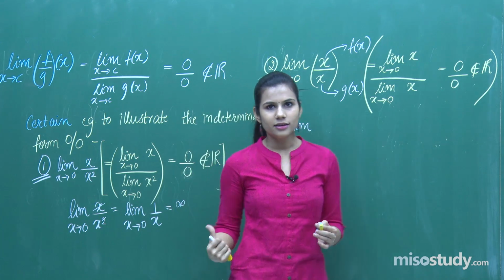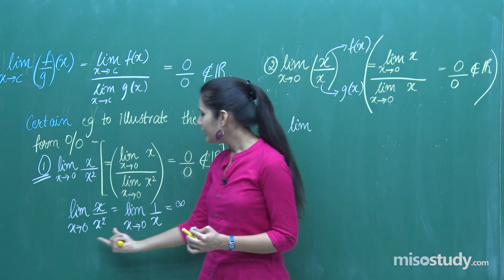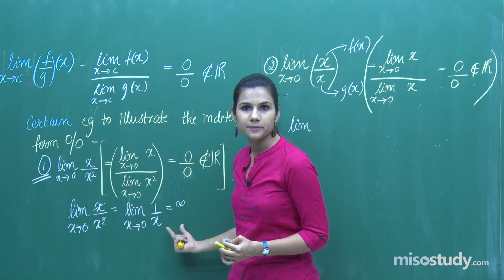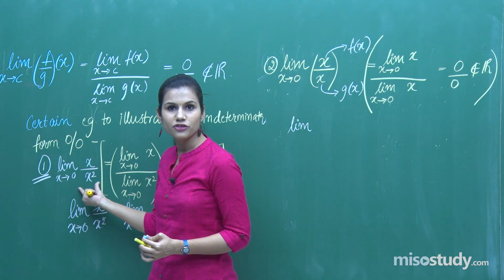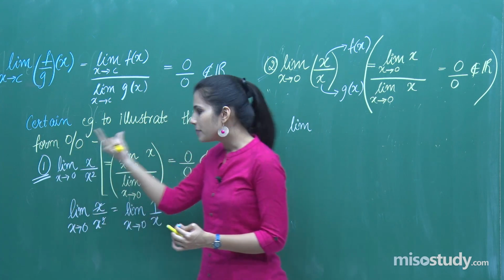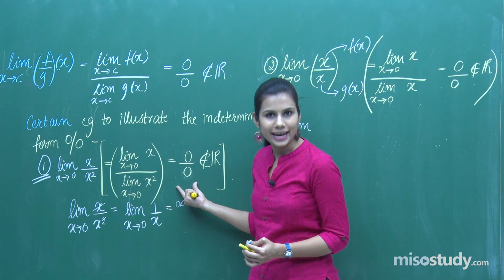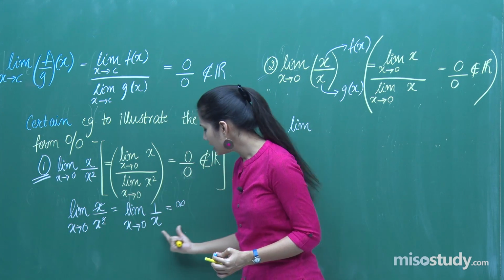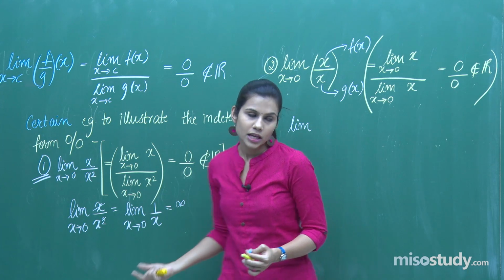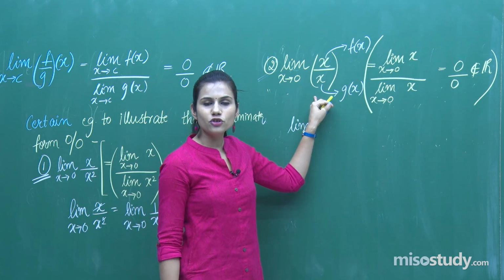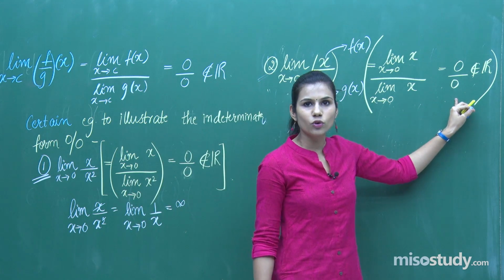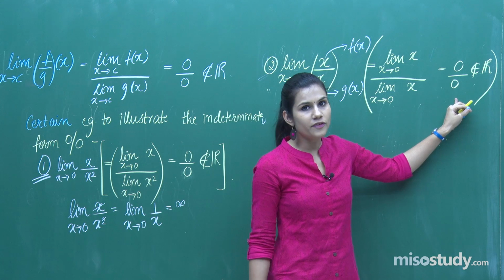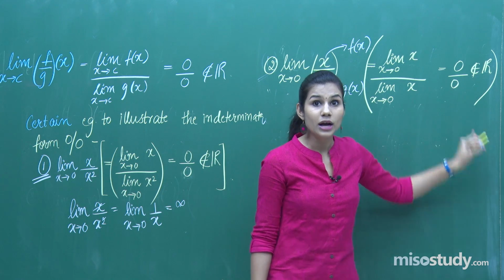Well, over here we saw that the limit was coming out to be infinity. The limit of an algebraic expression of the form f by g, which is basically giving you the 0 by 0 form, actually is, after the algebraic elimination procedure, coming out to be infinity. Well, x by x is another expression of the type which is giving you 0 by 0 in its form. The limit form of f by g over here is 0 by 0. But